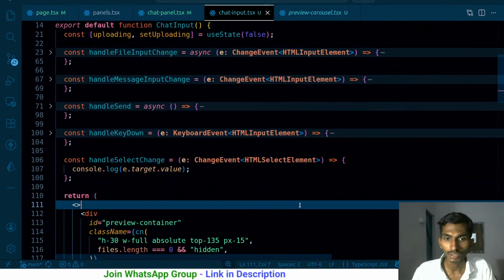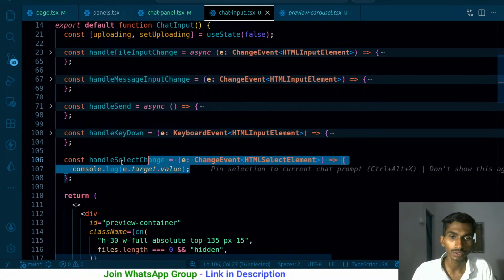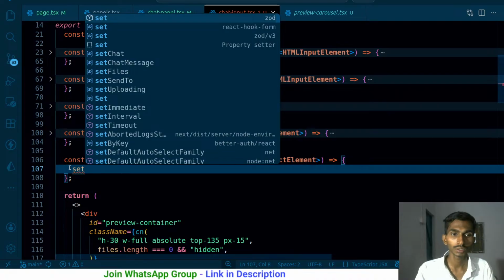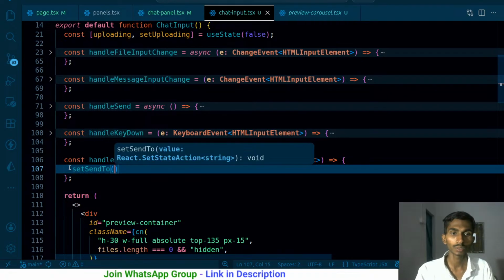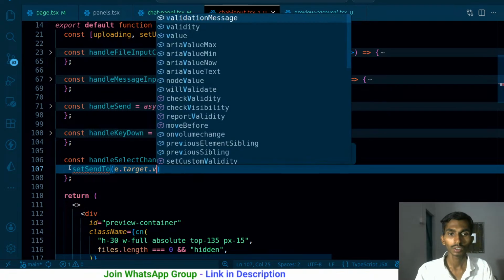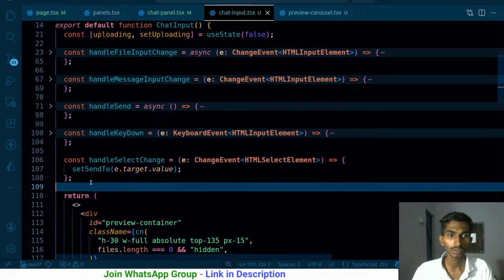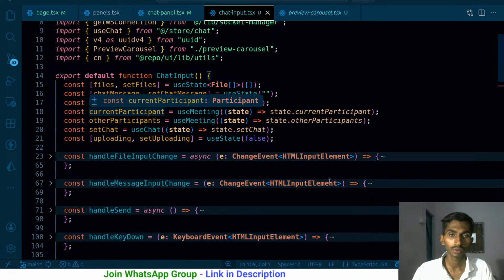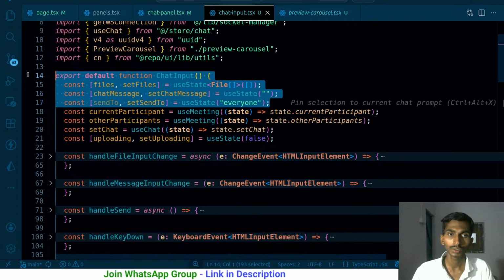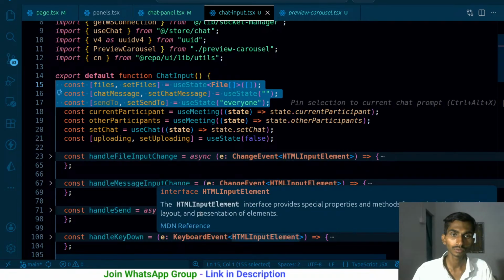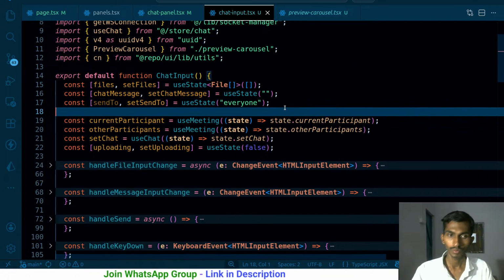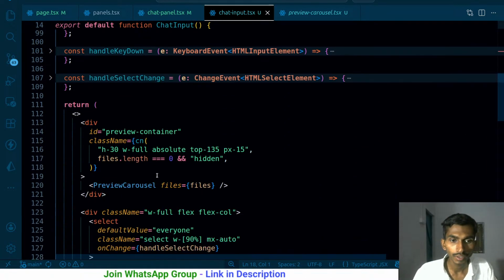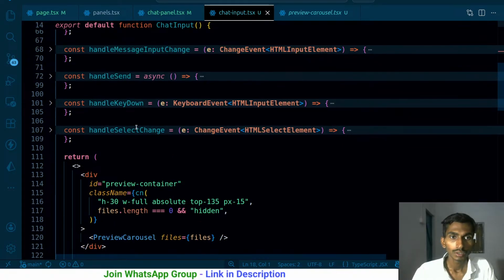Not bad. What is the next thing that I can do? Once I have this, I'm going to just set the value. So setSendTo, and I'm going to be sending the message to event dot target dot value. As simple as that. So the value is going to be sent. Once the value is sent, all these things make the payload, right? That's right. So sendTo, and when it comes to the sendTo, once I have the value of the sendTo over here,